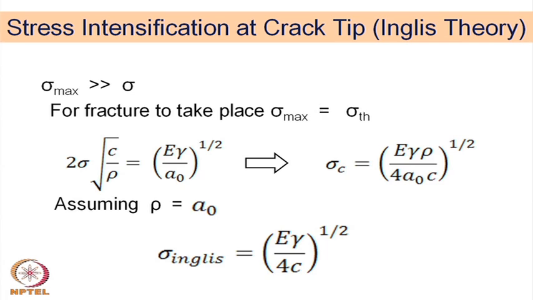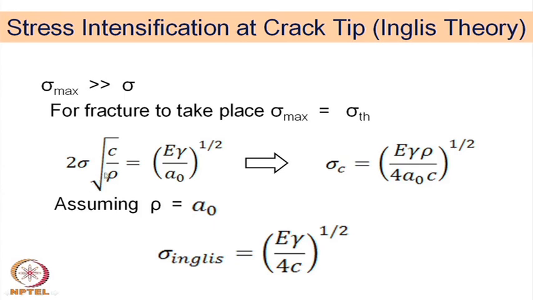will automatically take place. And since there is a stress intensifying action at the crack tip, it is not difficult to reach a theoretical value even by applying a much smaller stress from the outside. So, applying a much smaller stress from the outside may also lead to a fracture, because at the tip of the crack the value is much larger and that value may exceed the theoretical value. So, that is the cause why the measured value of fracture stress is much smaller than the theoretical value.